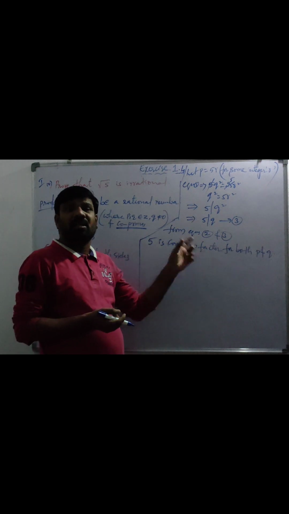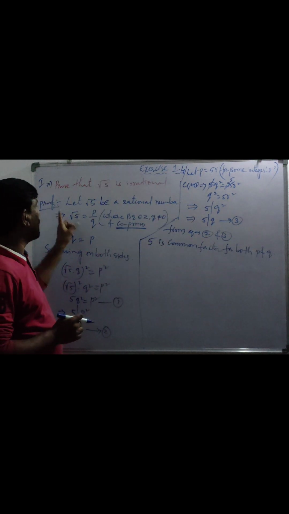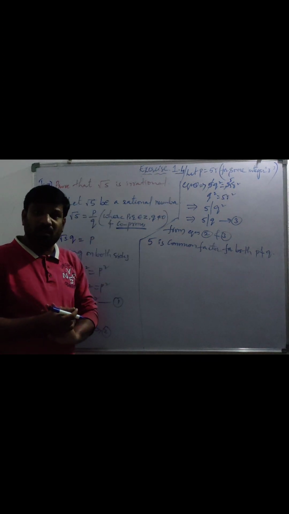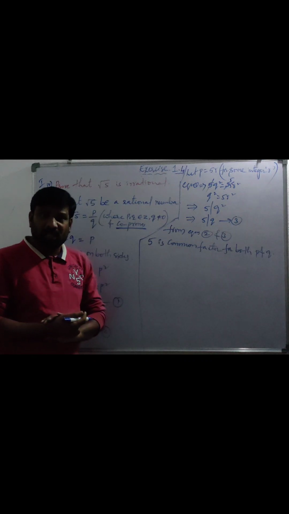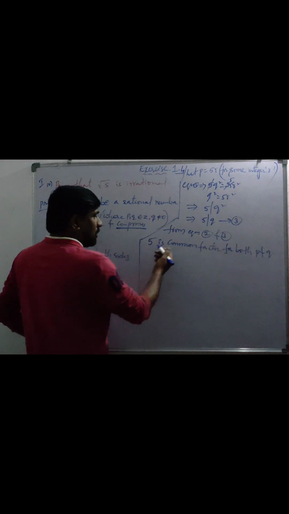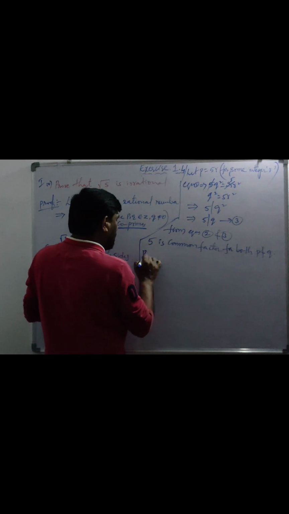Why has this arisen? Because of our assumption. What is that? Root 5 is a rational number. So our assumption is wrong. Then what is right? Root 5 is irrational. Clear? So 5 is a common factor, but this contradicts the fact that